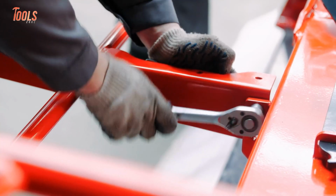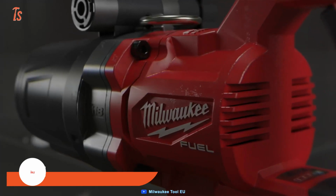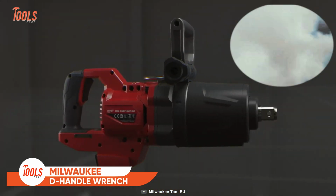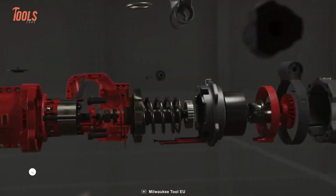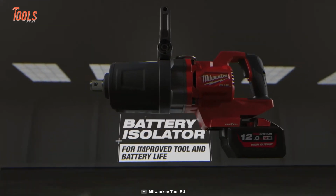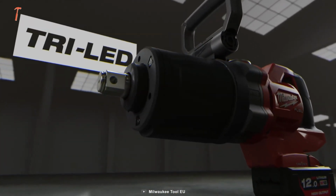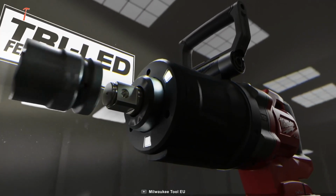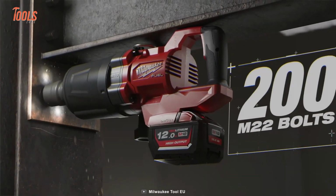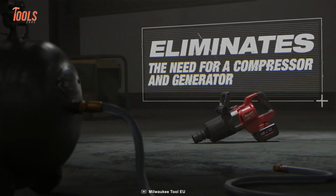Get ready to feel an explosive power at the workshop. This Milwaukee D-handle impact wrench may look like a grenade launcher, but it's even better with an insane 2,576 Newton-meter of torque. This beast can take on bolts up to M42. But that's not all. The battery isolator feature extends the lifespan of the tool and battery, making it the gift